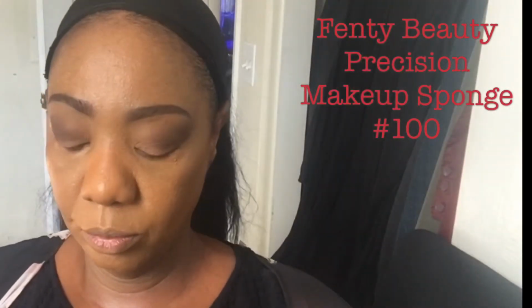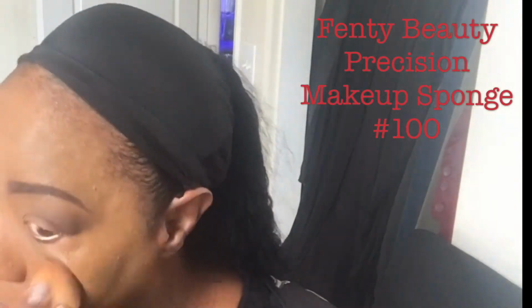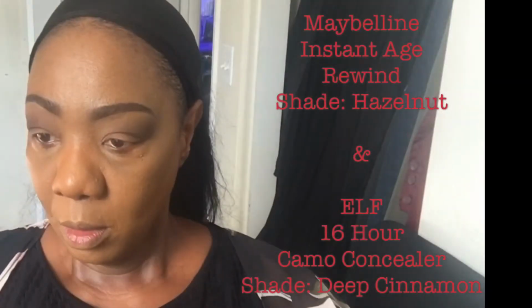And this is the Fenty Beauty foundation brush. The first brush that you saw me use was a Chanel foundation brush. I was just reaching for whatever was there. They both work great. This is the Fenty Beauty Precision Makeup Sponge number 100. This is just to blend everything out, make everything smooth and